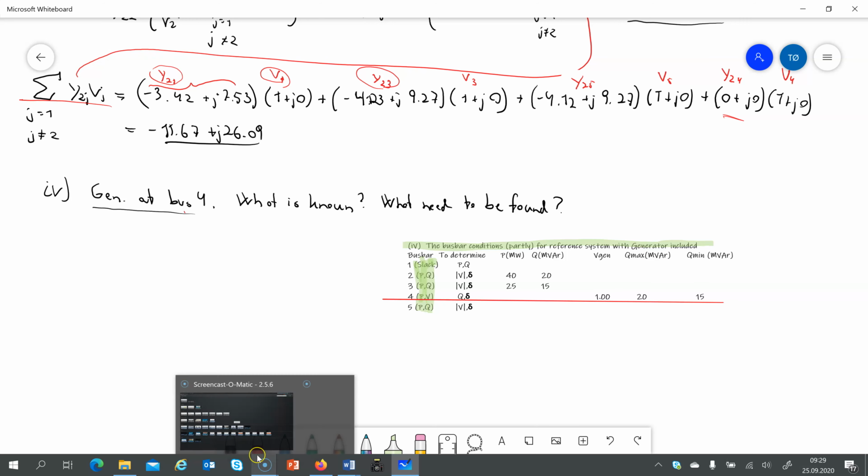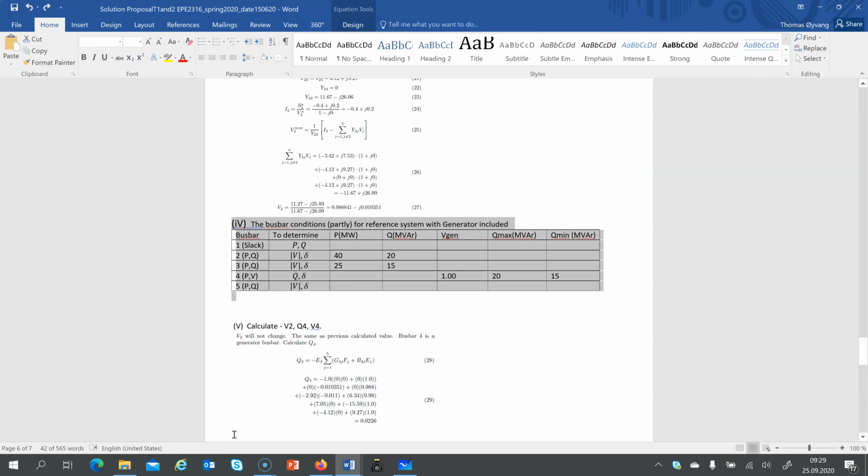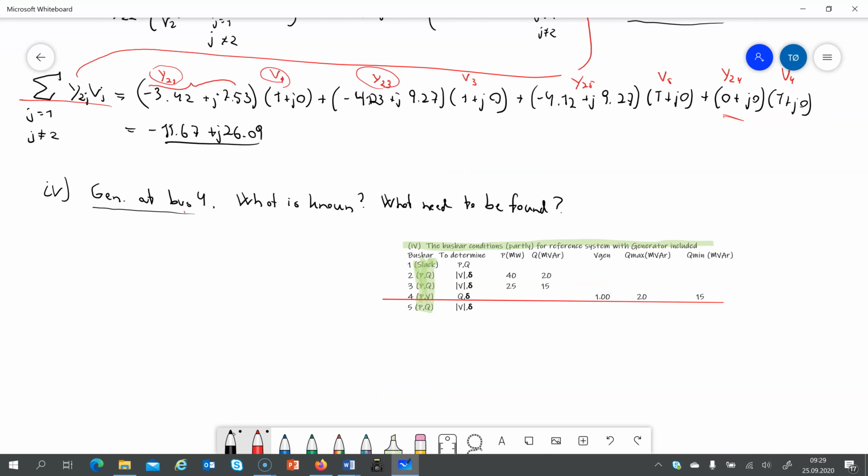You should also remember that, of course, the generator has this capability diagram, PQ for example, so it has a Q max and a Q min. So just remember that you cannot feed in as much as you want. It has a max and min, and often you have to specify that in your load flow program before you start